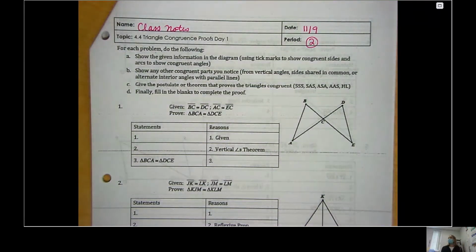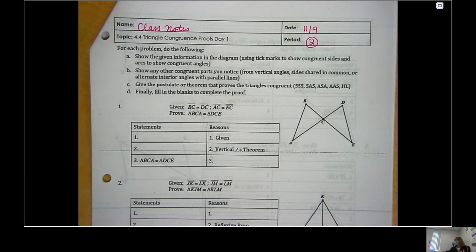Now, proofs are a lot like, think about if you were a lawyer. How many of you have ever seen Law and Order? Or Law and Order SVU, my favorite one. Okay. If you've ever watched those shows, a lawyer comes in and says, hey, my client is